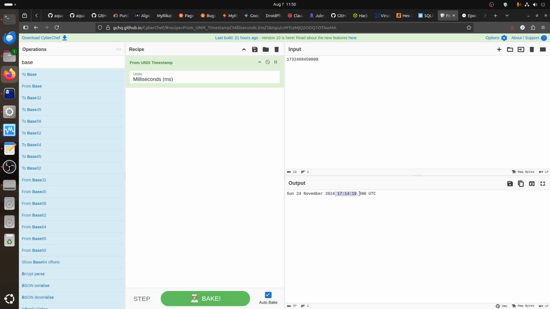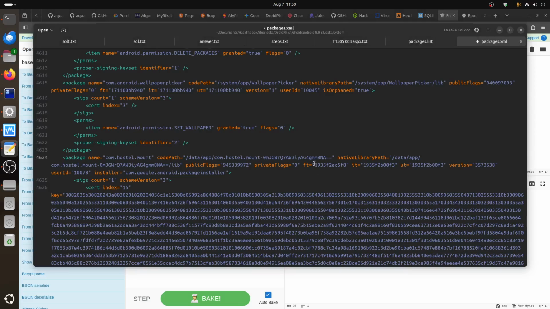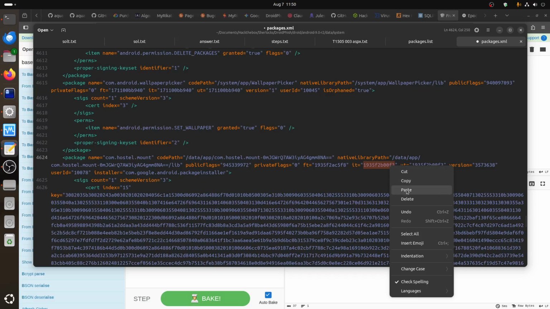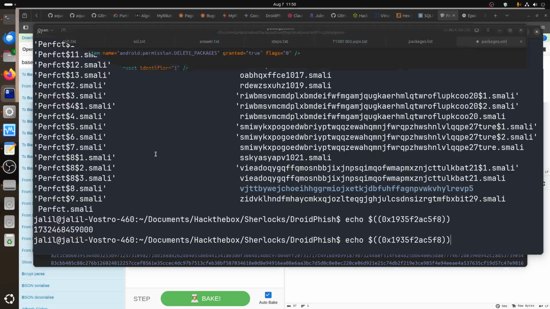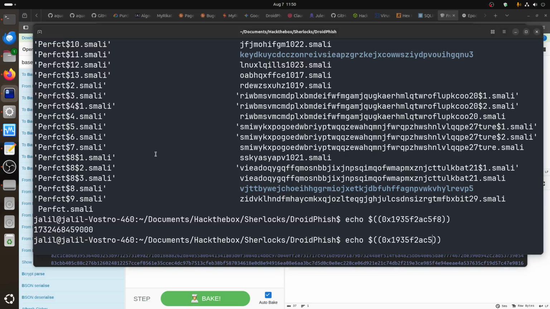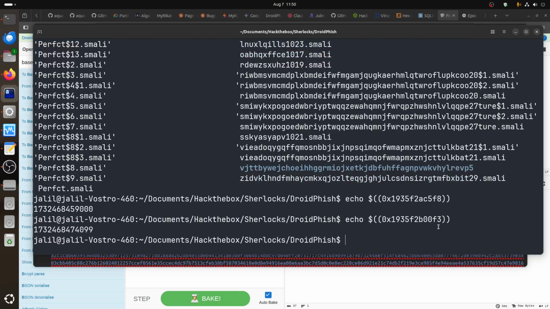Something you should notice: if I take the other time, the update time, and convert it from decimal as I did there, here we can divide it by 1000, or we can just do